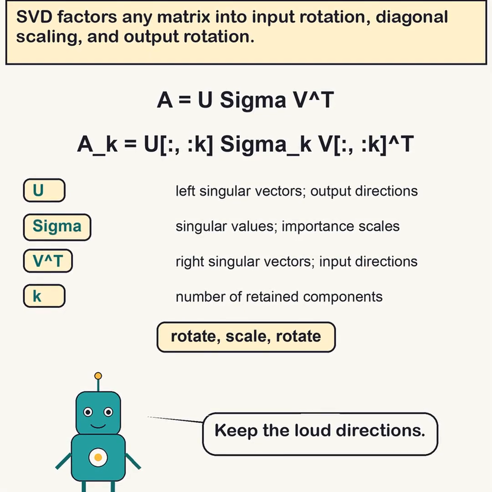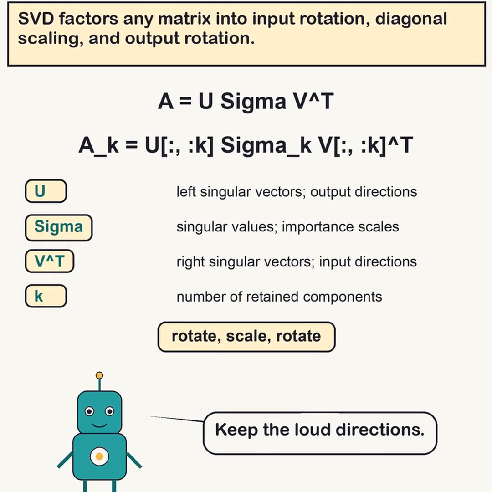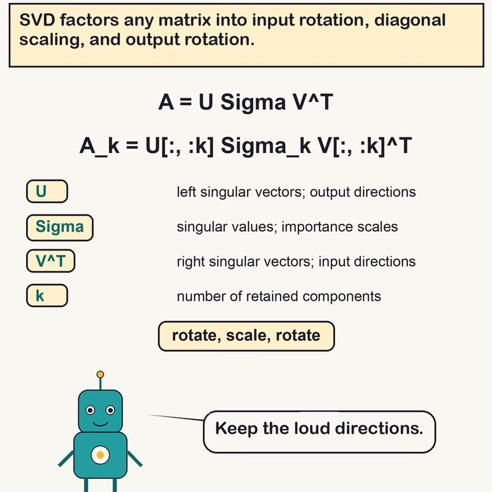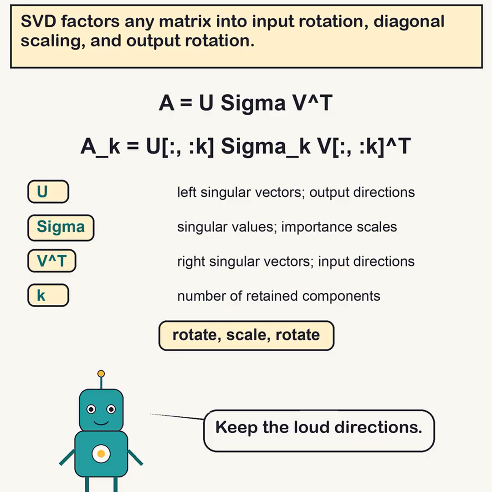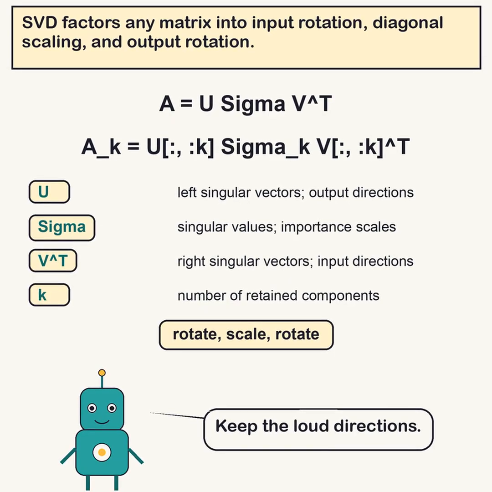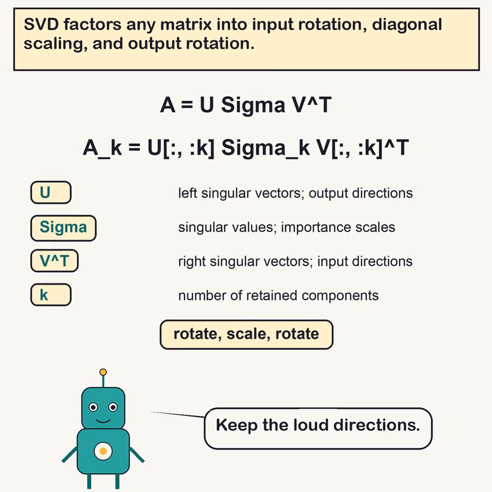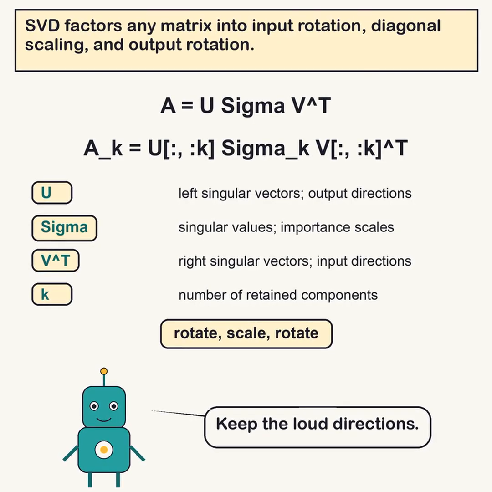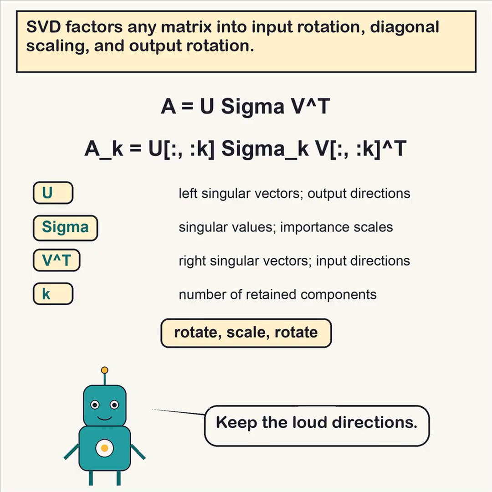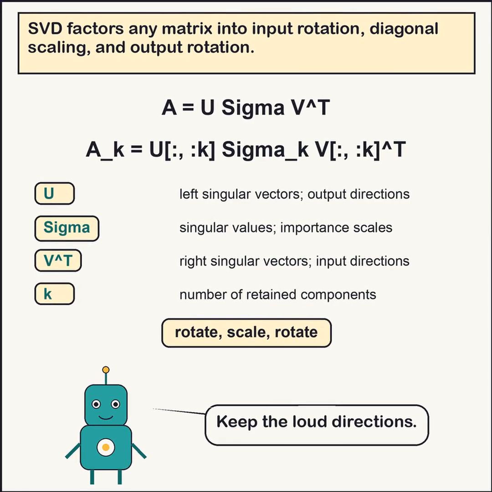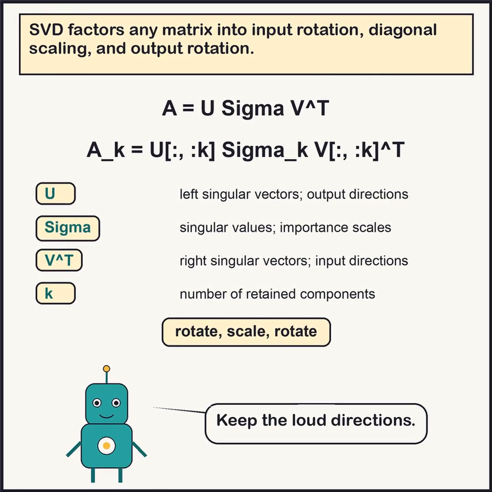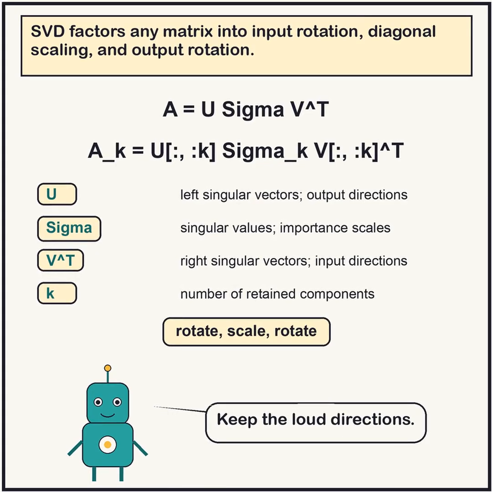SVD writes A as U sigma V transpose. V transpose rotates inputs into useful directions. Sigma scales by singular values, and U rotates into output space. Keeping only K values gives a rank K approximation. Real-world analogy: SVD is like packing a suitcase by turning clothes, compressing the important stacks, then turning them into the